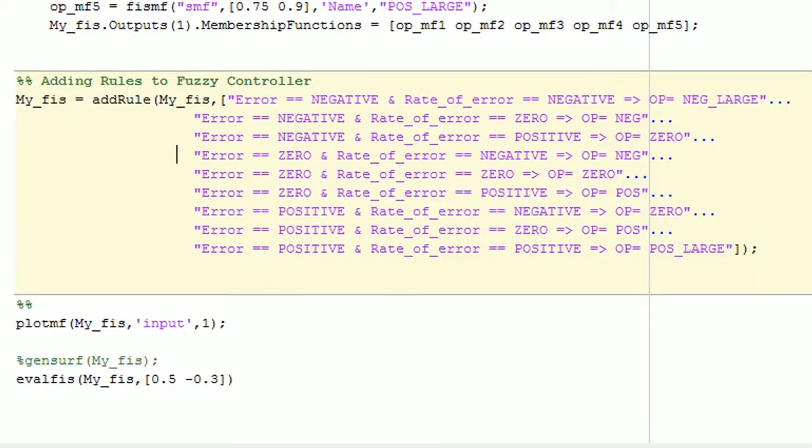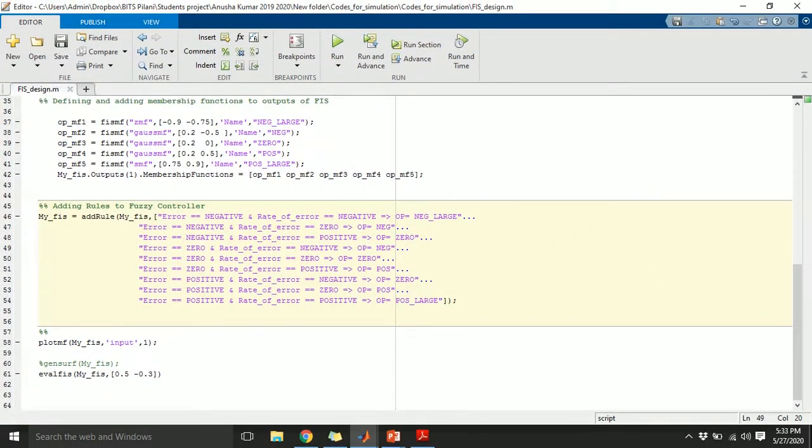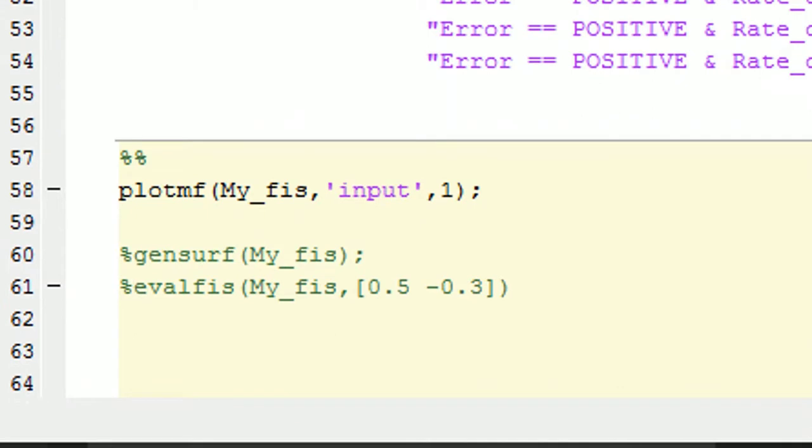And now let me just tell you, once we have defined our linguistic variables, we have defined our output linguistic variables for different membership functions, we can generate the surface, we can generate the membership function variations, we can also find out the output of our fuzzy system depending upon whatever input we supply to it. Okay, so let me just do that for you. So the command for plotting the membership functions, for showcasing the membership functions, is simply plot mf, your fuzzy system's name and input if you want to plot the inputs, and the first input. So comma 1 is simply the first input.